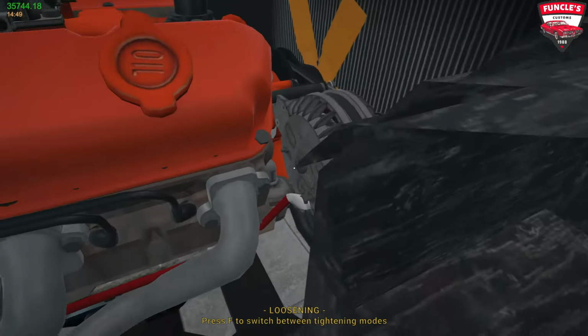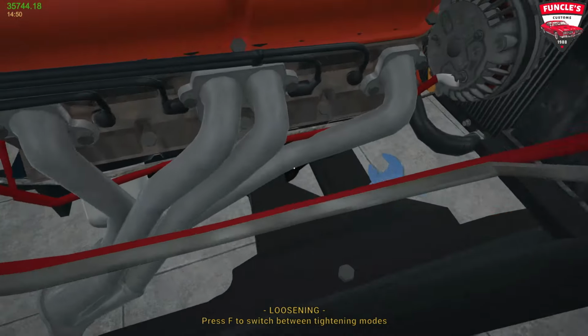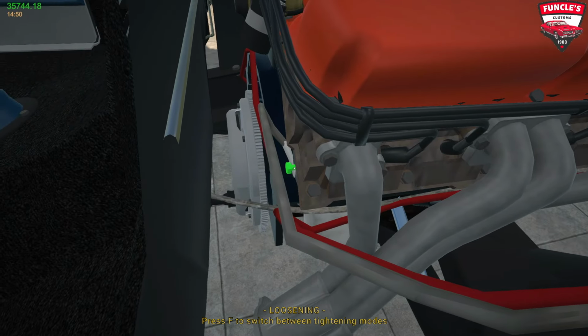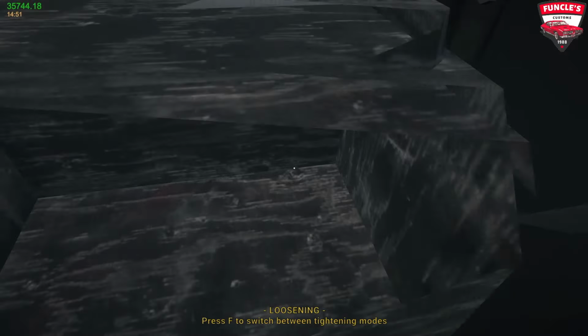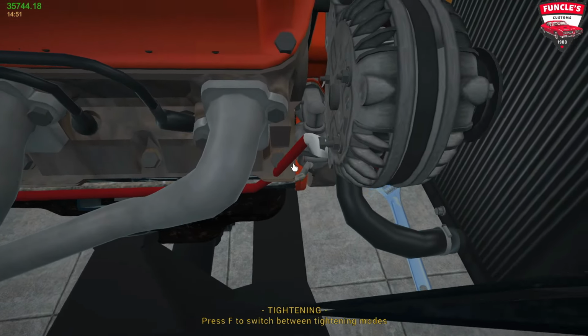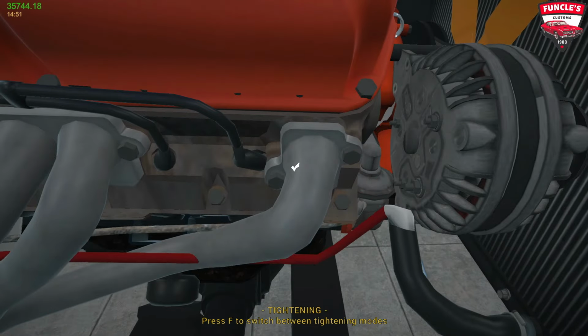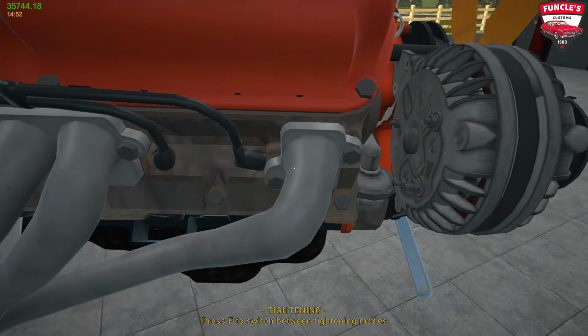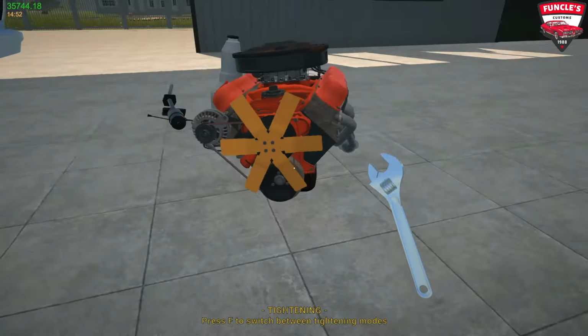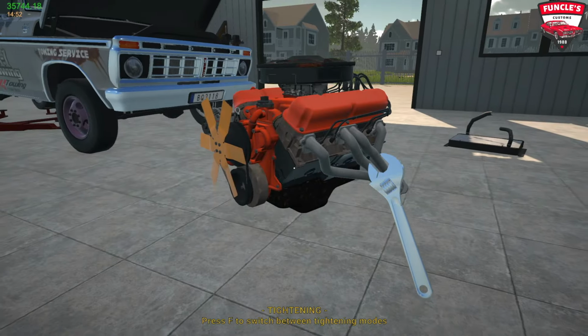Alright, so now I did loosen up some of these wires already. We've got that loose. We've got this loose. Let's just check up on that. Okay, let's get that removed again. Alright, and then we're gonna pretty much pull our fuel line. And there she goes. Alright, so we've got our engine removed from the car, and it is, yeah, not looking